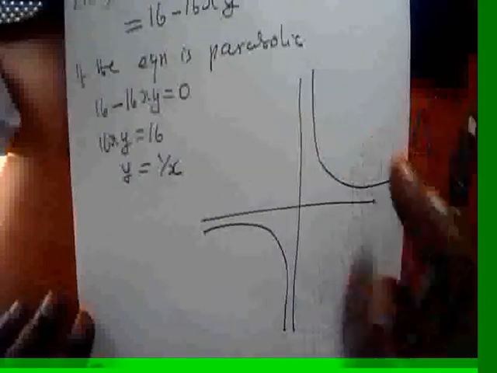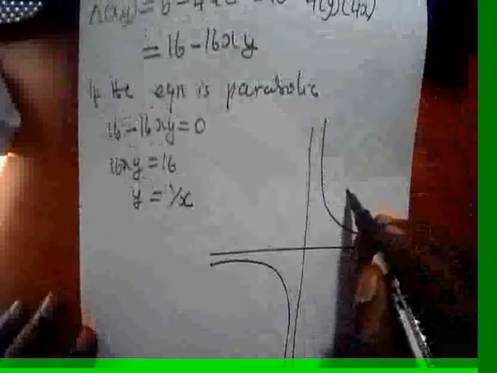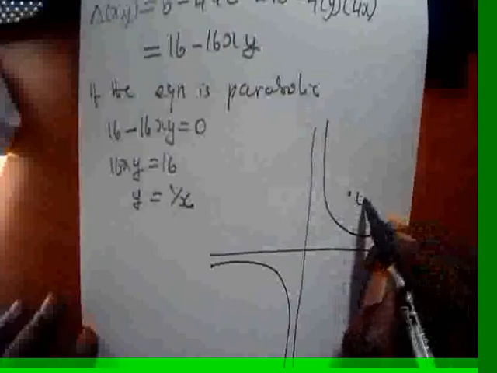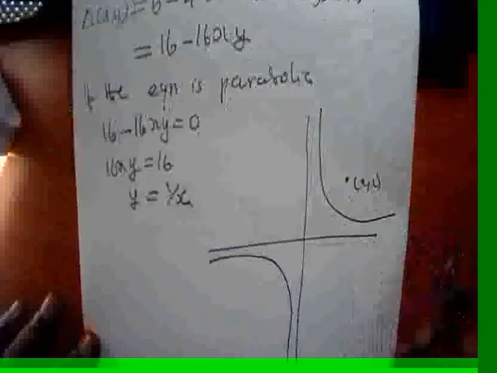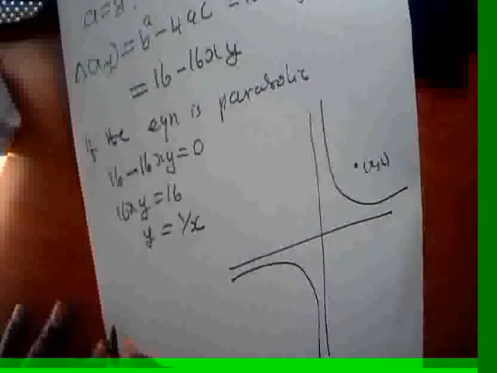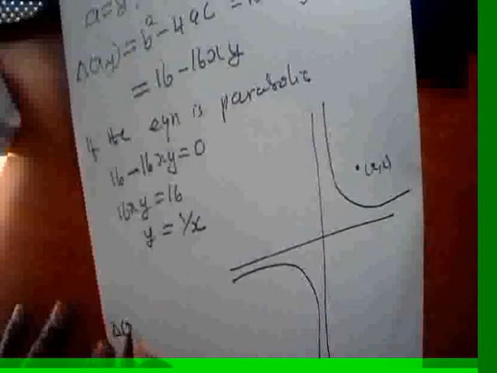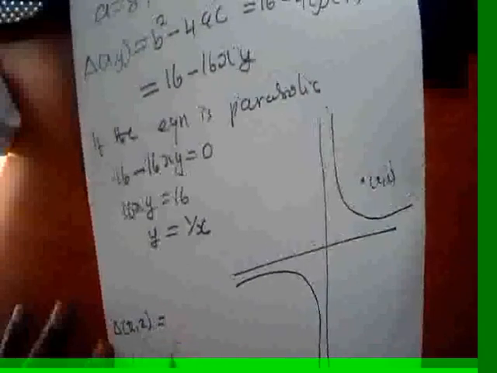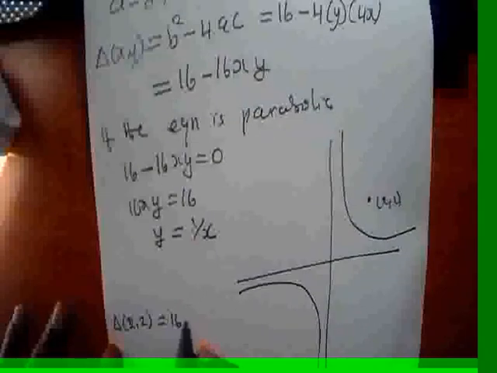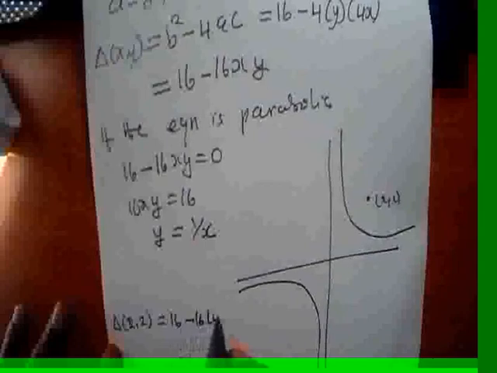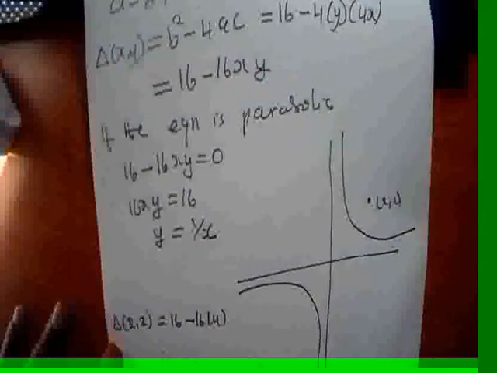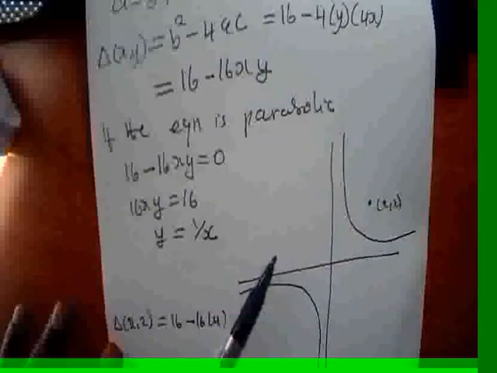So what about here? Let's pick a point here. Let's just say 2, 2. So if you compute the discriminant at 2, 2, we are going to get 16 minus 16 times 4, which is going to give us a negative number, because